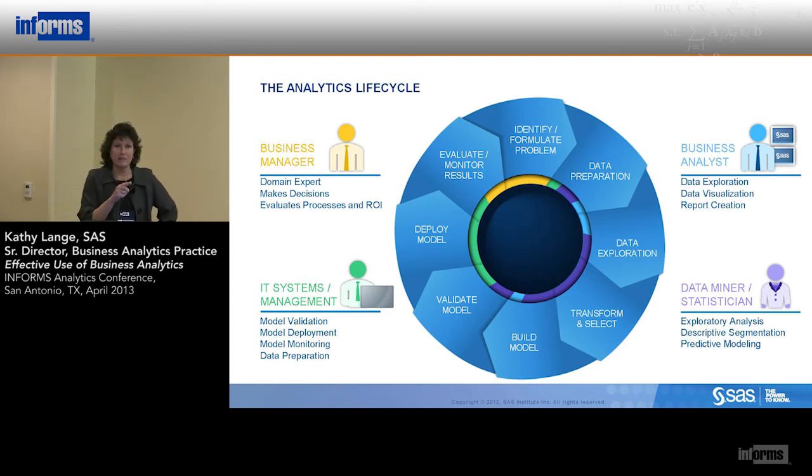Now this looks like a great process, right? Nice, go around. It's not exactly how it happens. Exactly how it happens is I identify the problem, I look at the data, and I say we don't have enough data. We need external data. There's something the matter with the data. We've got to fix the data. We do some data exploration. We figure out what the dictionaries are. We do some transformations. We build the model. We come out with some results. We go back to the business, and they say, that doesn't make any sense, right? So then they go back to the drawing board. Maybe we misunderstood something. Maybe the data is wrong.